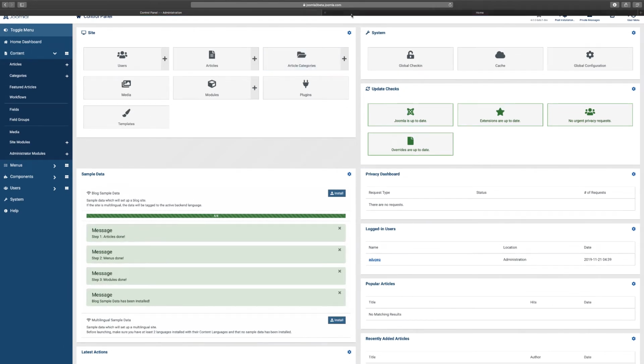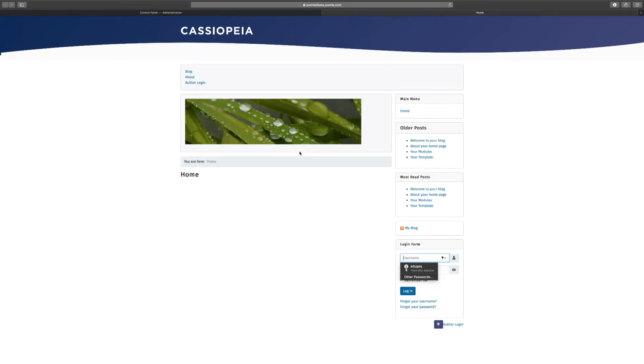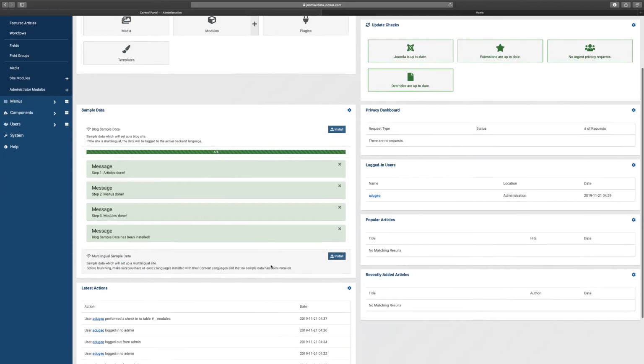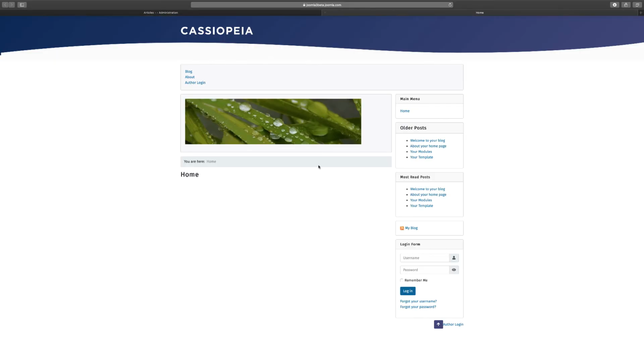Now let's go on the front end and see if that made any change. So I'm just going to refresh, reload it. And as you can see, it added some menus, it added some blog posts. The reason why they're doing this is because sometimes when you come to Joomla, they want to give you the option to pre-populate some things. So if you're new to it, you want to see how things look. And if you're not new to it, then you can just start editing it from there. So if you go to articles now, it's going to show you all the contents that you see here,